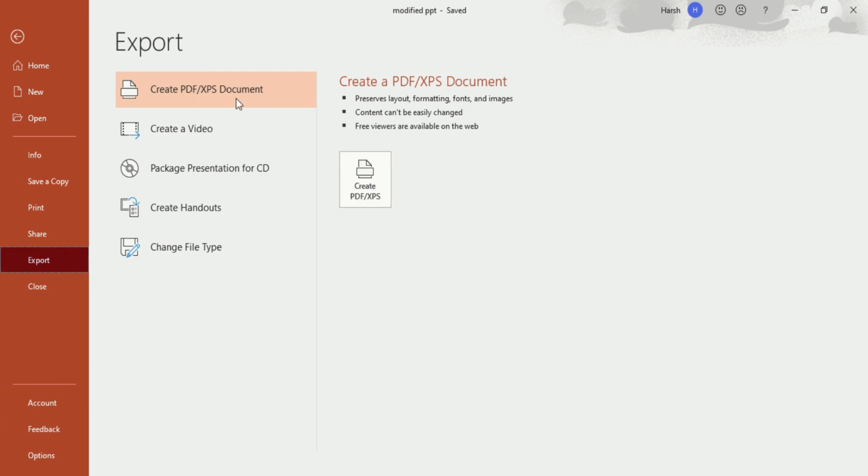In the Export section, you will again see a new feature that will be available through the beta version, which is currently in beta and will be uploaded soon to Pro Microsoft 365. Here you will see Create an Animated GIF. Then you can directly create an animated GIF without converting into a video and going into easygif.com and all that. Directly you can convert in Microsoft PowerPoint.